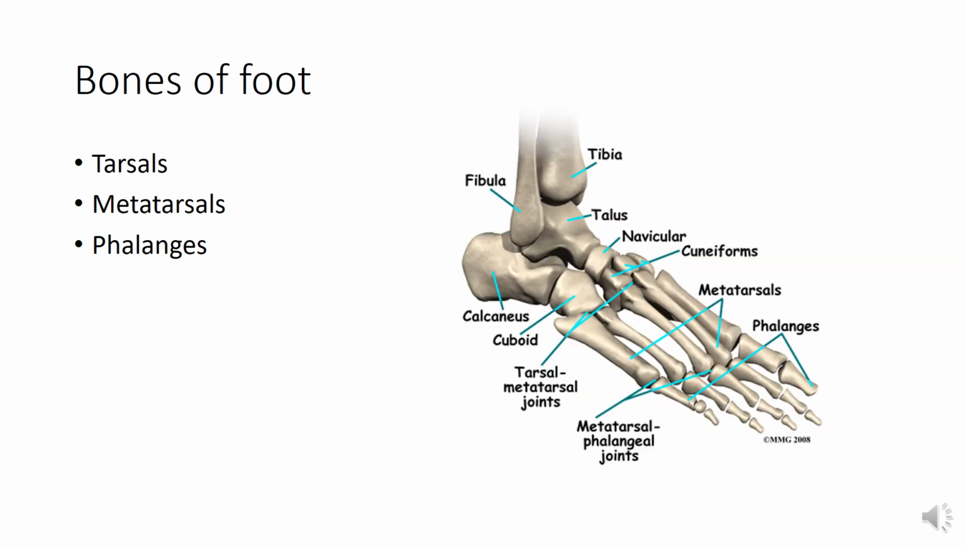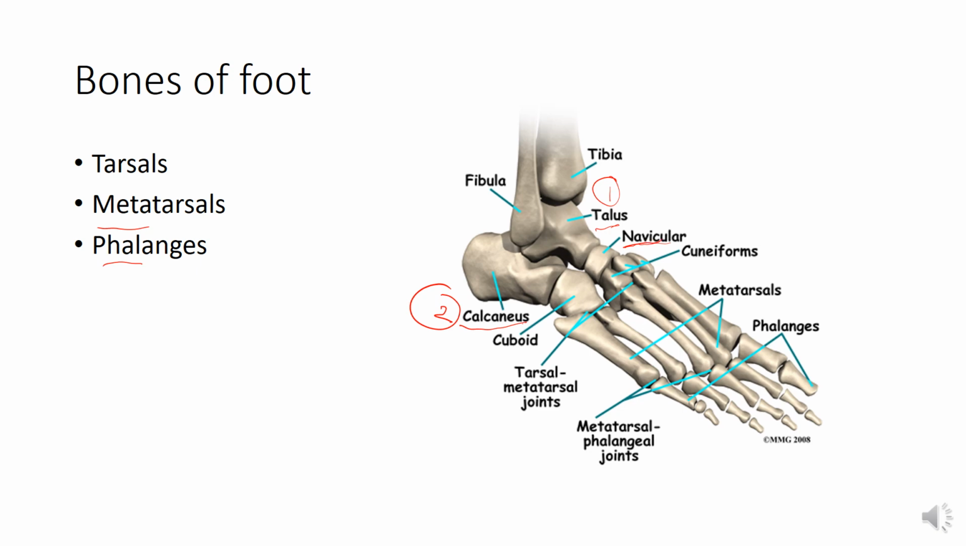So bones of the foot, they include the tarsal bones, metatarsals and phalanges. So tarsals, there are 7 tarsal bones forming the posterior part of the foot. They are the talus. Here you can see the number 1 is talus. Then the calcaneum. This one is the calcaneum, the heel bone. The navicular bone